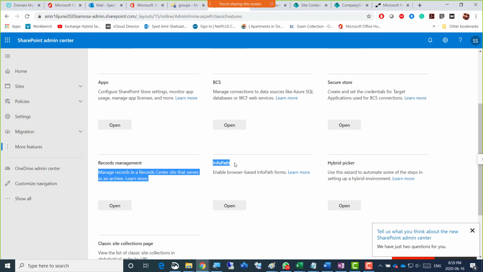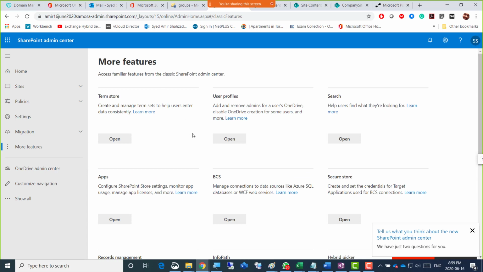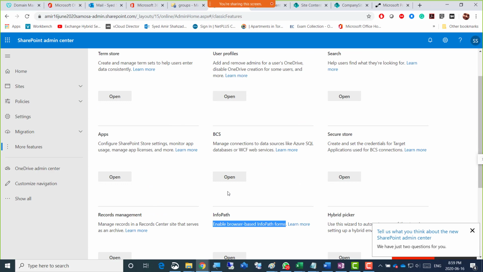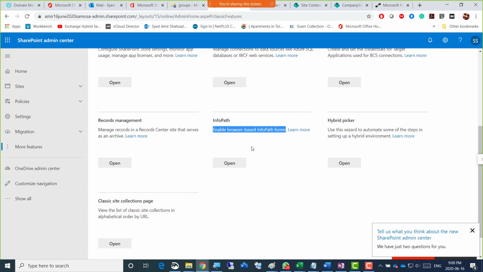So InfoPath used to be the application for creating forms of all types, new hire form or packages form or promotion form or whatever form. So InfoPath is still there in SharePoint classic, but these features are added there if anyone wants to use them. Otherwise, now there are newer features there.